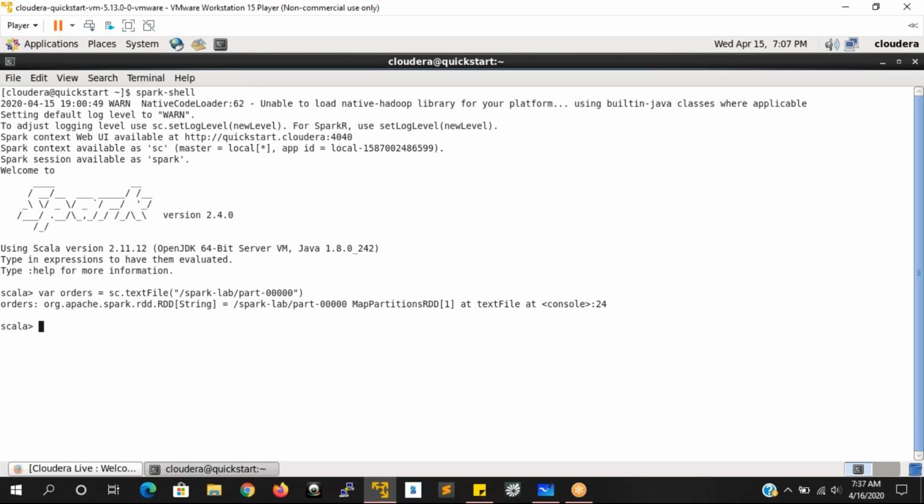So we have been applying some transformations on top of this data, and later we use the collect action, take action or first action to know what information we have within the target.